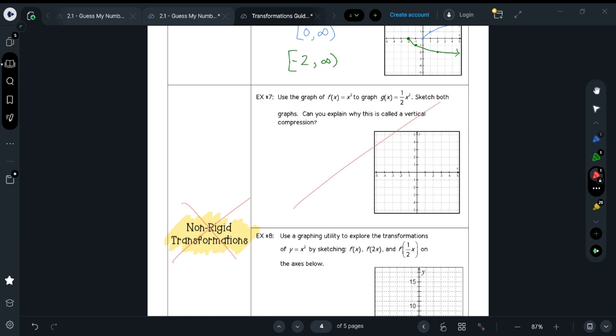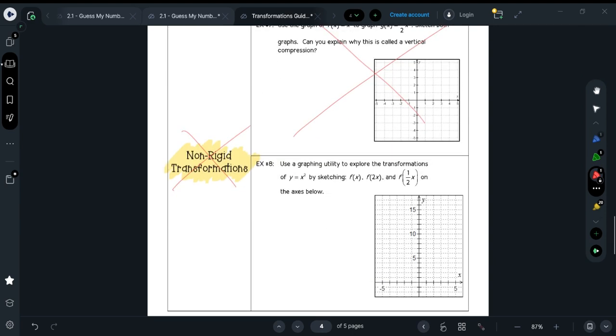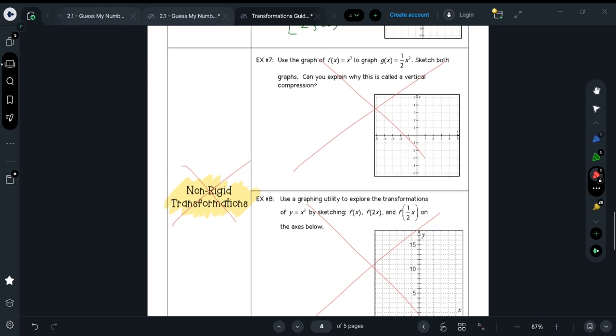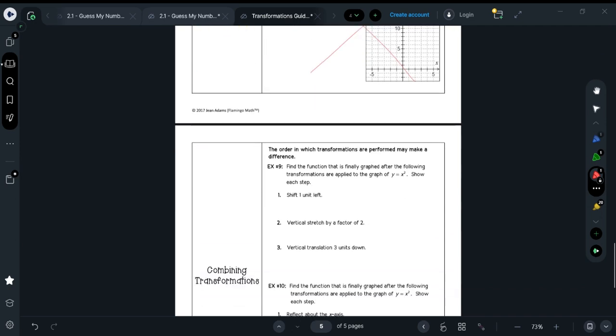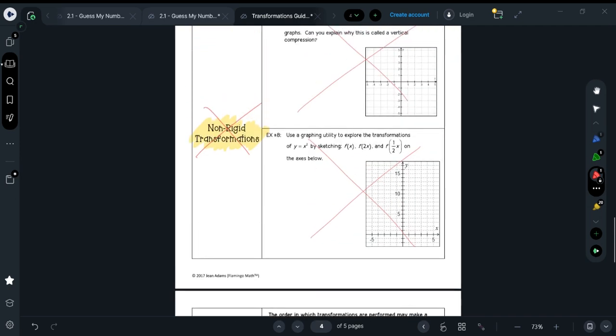So don't worry about these for right now. Although if you're curious, this would be good for you to try, and you could use Desmos graphing calculator just to take a look. It would be worth your while. But again, it's not going to be on the assignment or the test, so I don't want to waste our time. We're not going to do those right now. Let's just skip ahead and